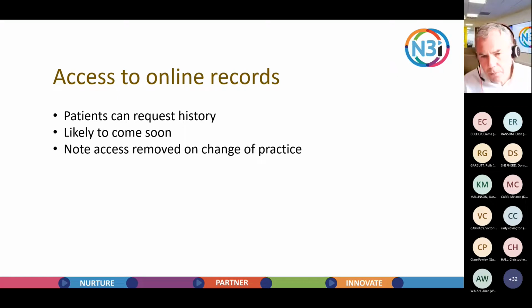Which just brings up the one sticky bit around the situation from the 1st of November. The one thing that they haven't quite got right, or been able to sort out, is that when you get online access from the 1st of November, if you then move to a different GP practice, that online access you had becomes part of the history at the new practice, and therefore you don't get automatic access to it.